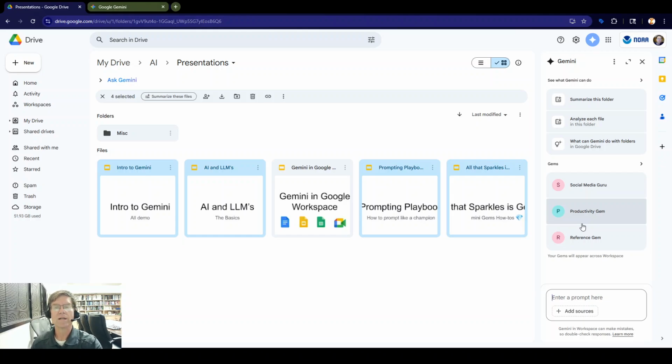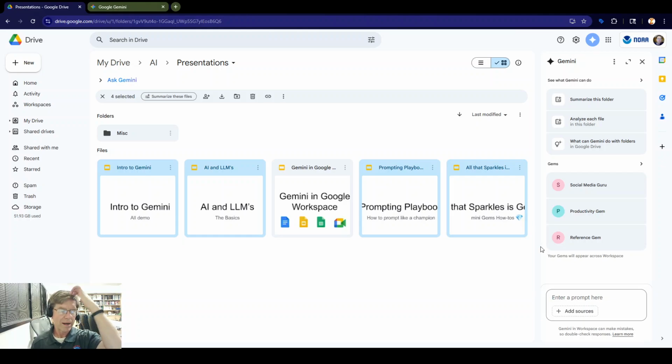Now again, like I've mentioned on a couple of my recordings, the connection between the gems and my Drive is not working for some reason. I feel very confident they're going to fix that, because you can see how prominently they're displaying it. They'll get around to fixing that sometime, but you do have access. You can click on a gem, enter a prompt, it'll bring that back,